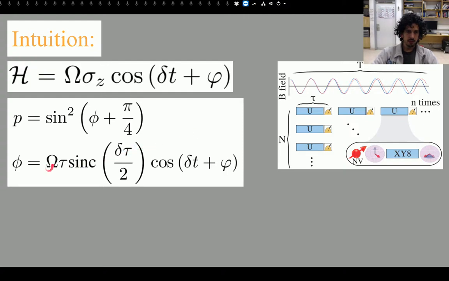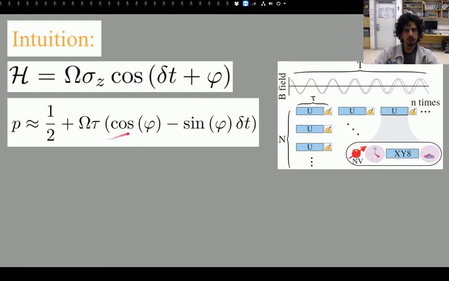So for small amplitude and small delta close to 0, we can simplify this expression by this, and from here